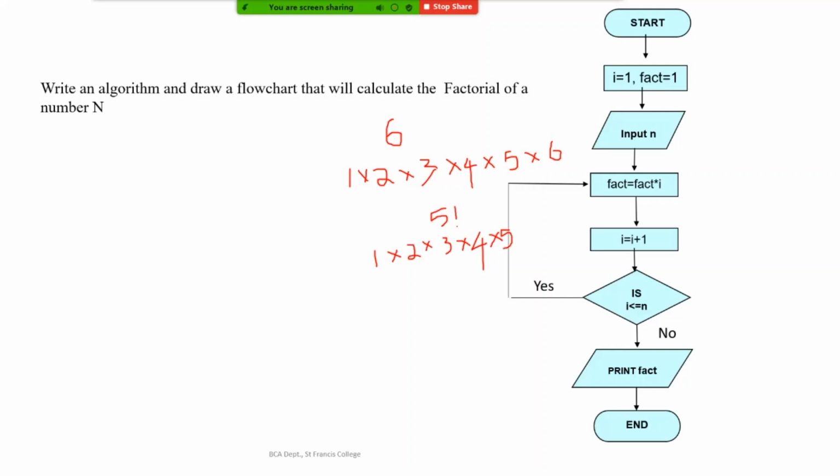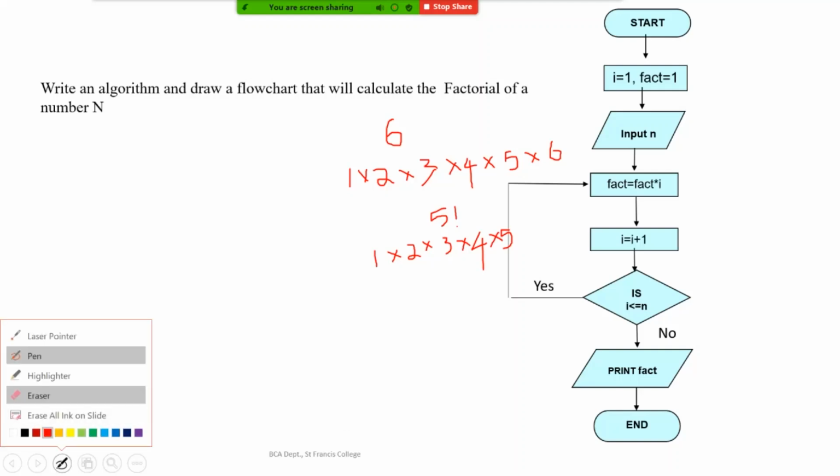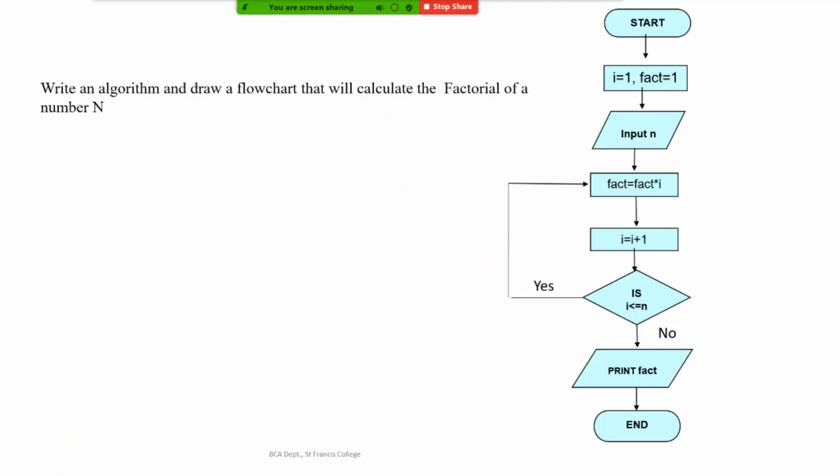When we have such cases, we will use a variable called I, or any variable for incrementing. Initially we will initialize I as 0, and then in each step we will make I equal to I plus 1.